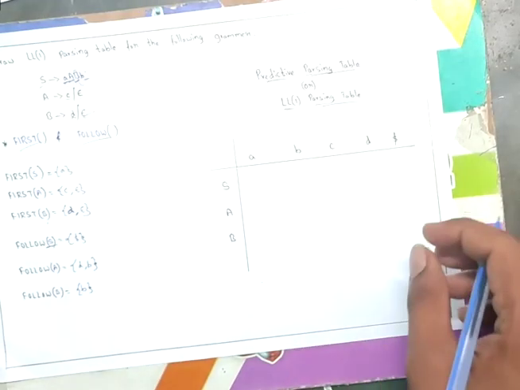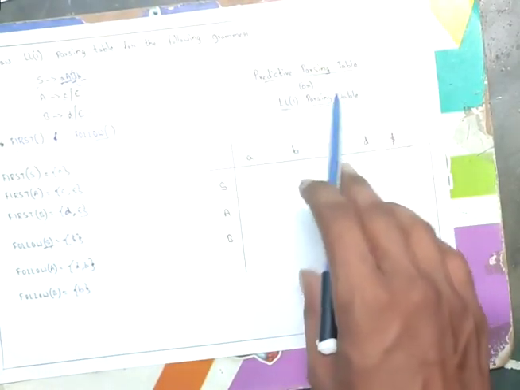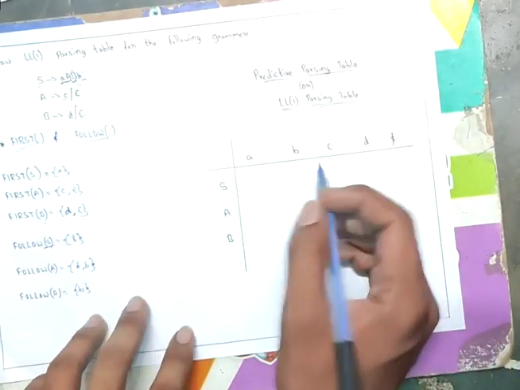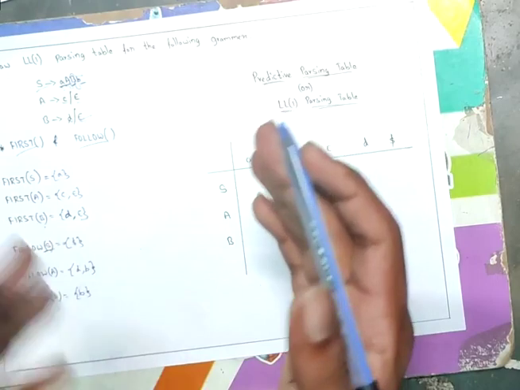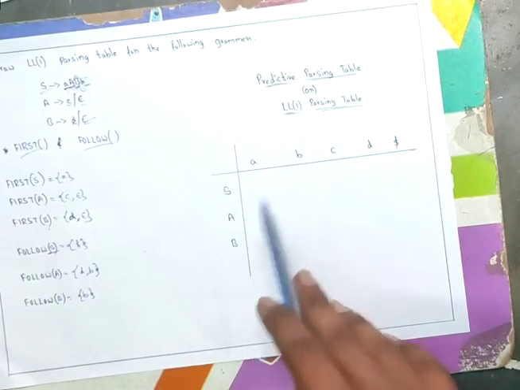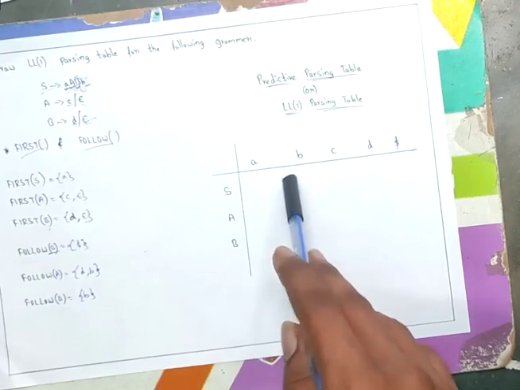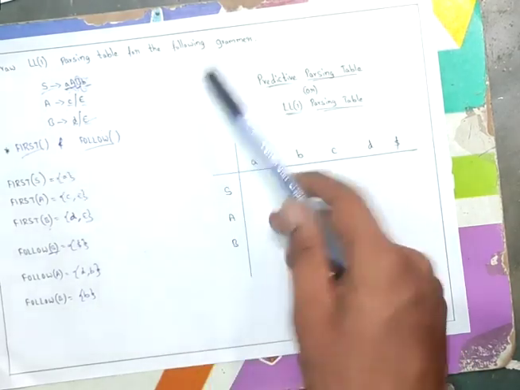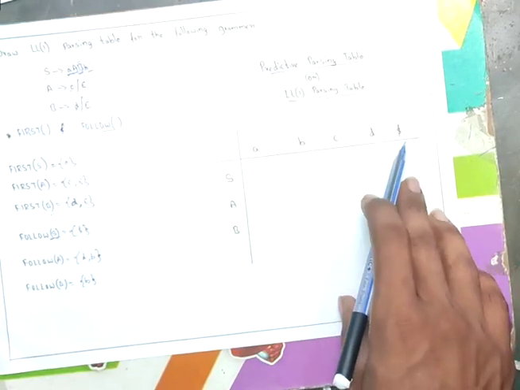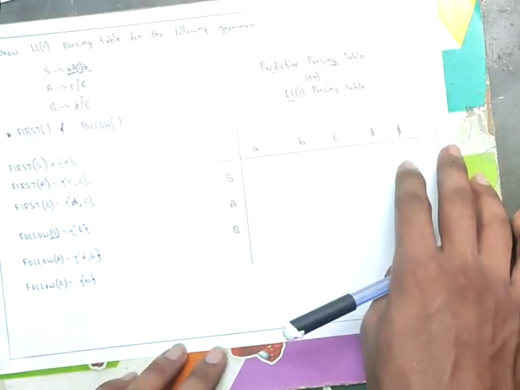Now let us draw an LL1 parsing table using these first and follow functions. LL1 parsing table is also called the predictive parsing table. And while coming to this, on the rows we take the non-terminals such as capital A, capital S, capital B, and on the columns we consider the terminals such as small a, small b, small d, which are included in the given grammar. And we also have to consider the dollar which is involved in the follow functions. And we never take symbols such as epsilon or null symbols.